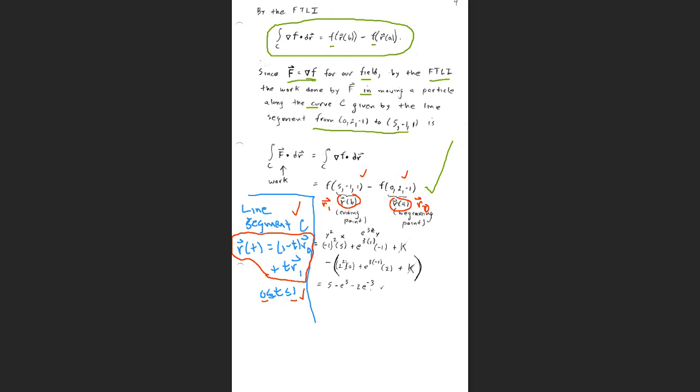All you have to do is evaluate the potential function at the beginning point and the end point. In the work here, I ended up getting 5 minus e cubed minus 2 times e to the negative third, but I didn't have to find the parameterization of the line segment. Now, if I were to use